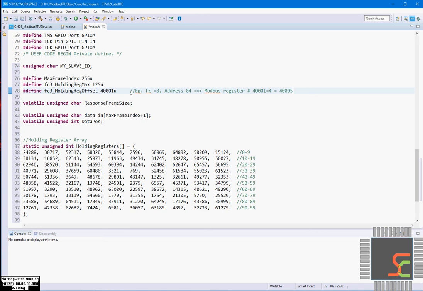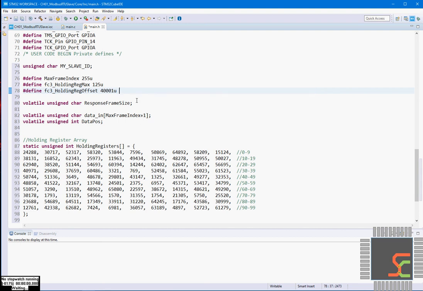Whenever I say Modbus register number, we should say 40,001, 40,002, 40,003, and whenever I say the function code and address, we should split it: 40,000 is the start for Modbus function code 3, and for register number 5, minus 1 is equal to 4. 4 is the address number.